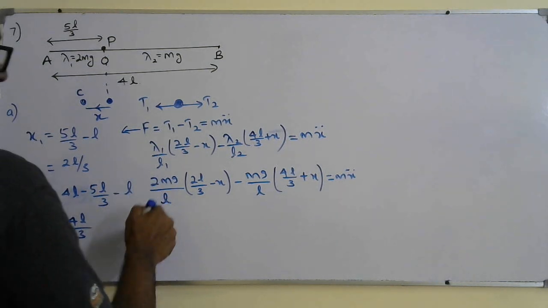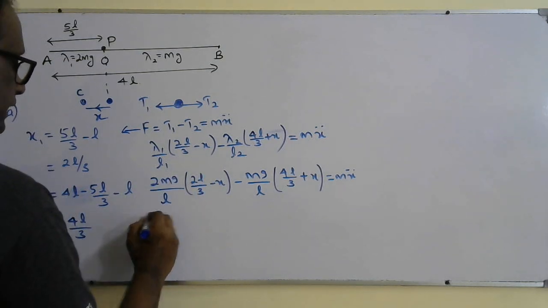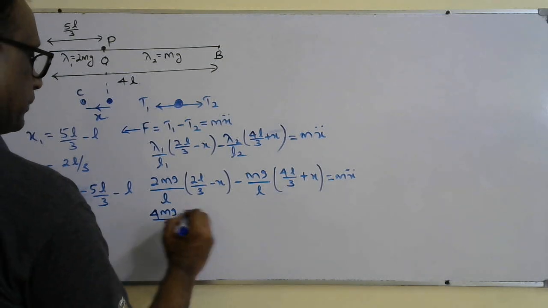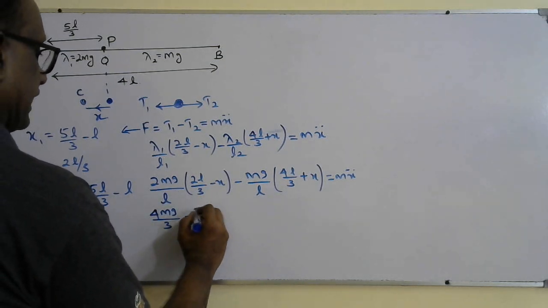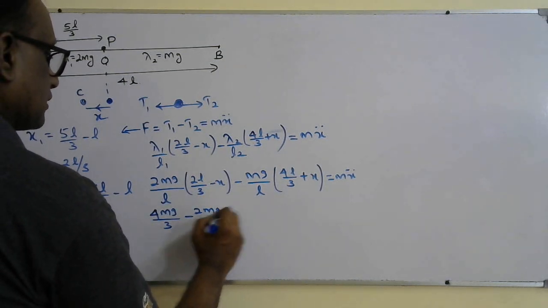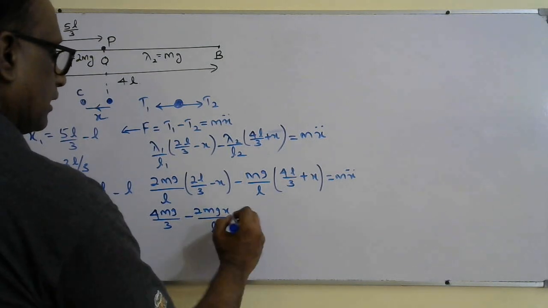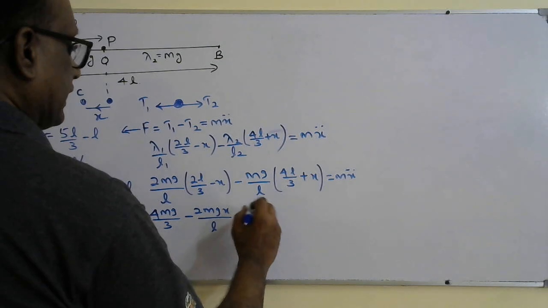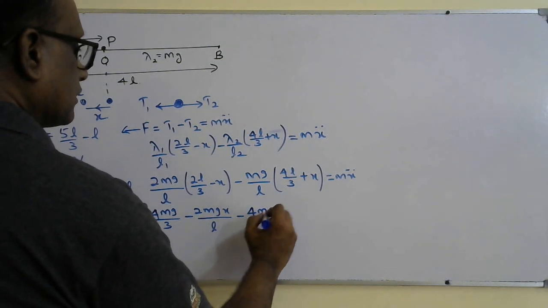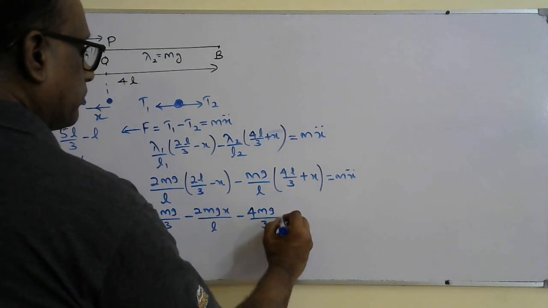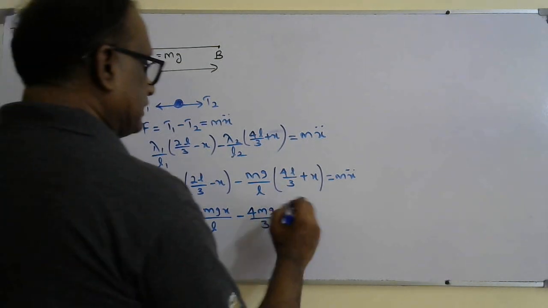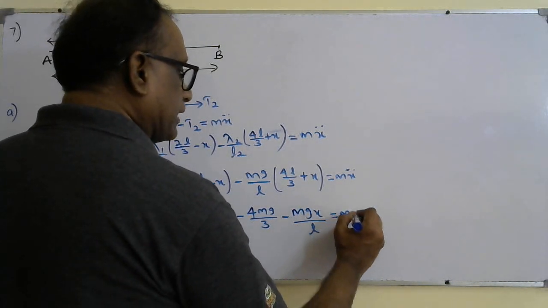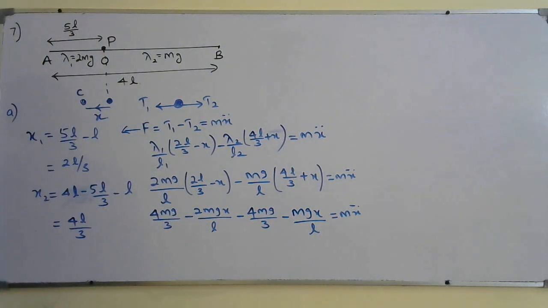So that is L will get cancelled. 4mg over 3 minus 2mgx over L, minus L get cancelled. 4mg over 3 minus mgx over L equal mx double dot. Okay, so